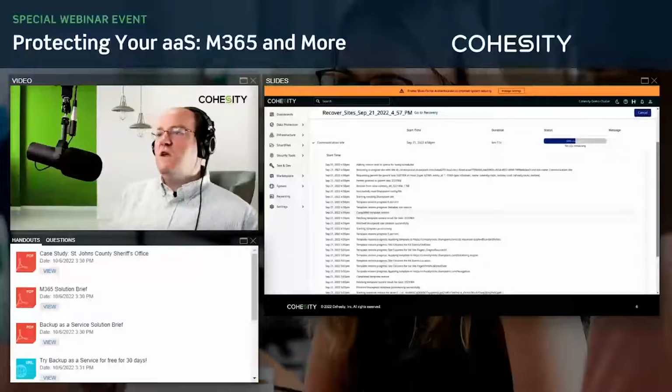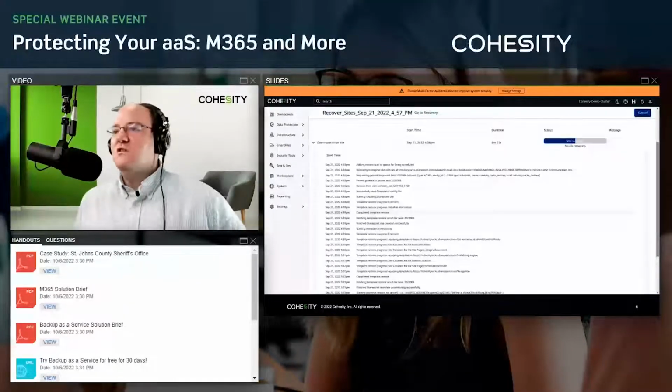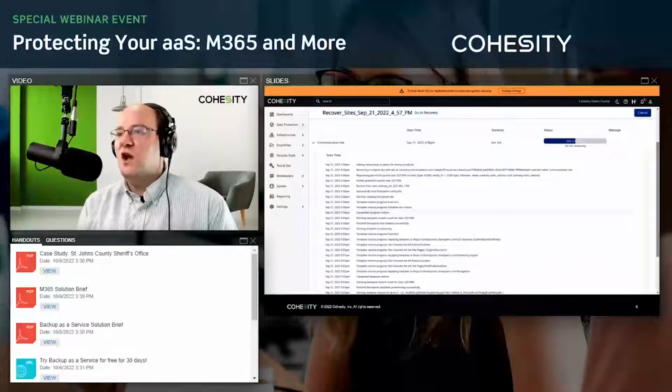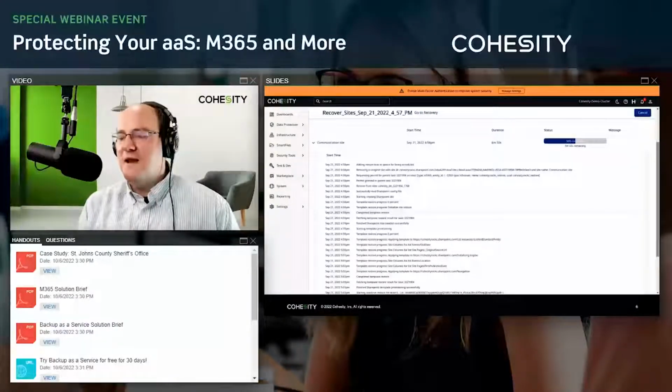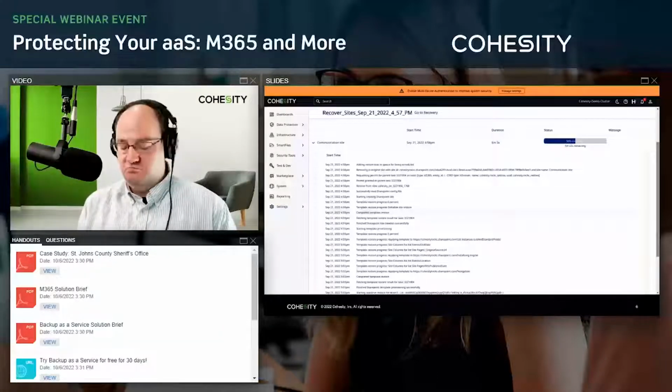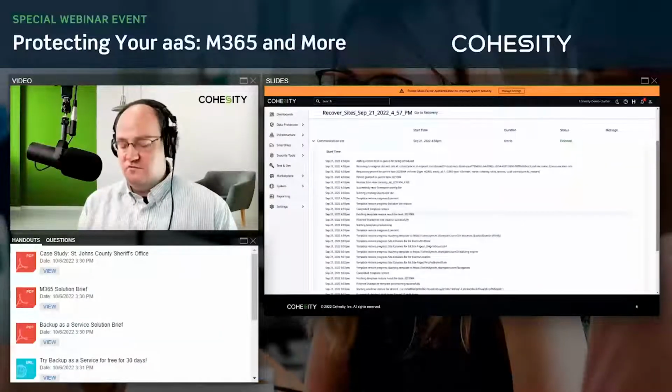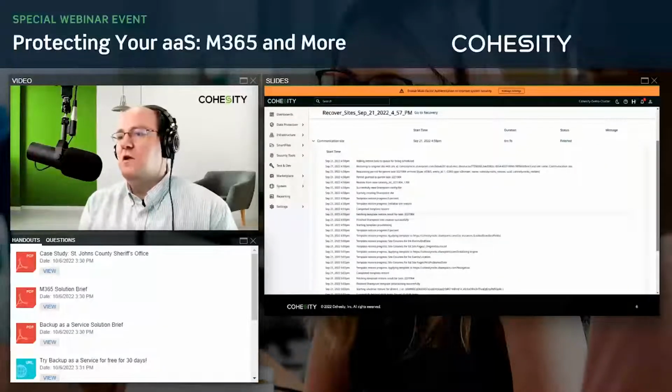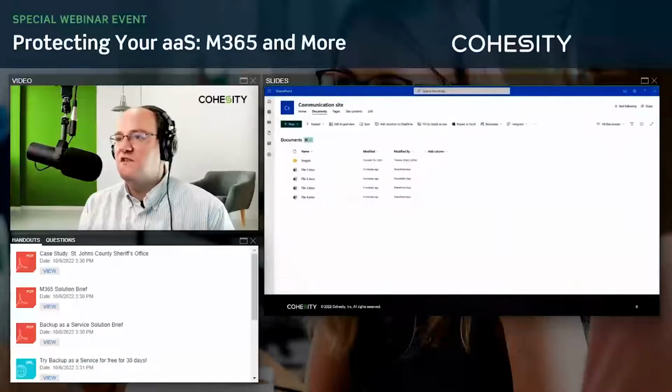As we wait for this particular portion to finish, we've been able to show OneDrive, Mail Exchange, Teams, and in this particular case, SharePoint. So we've been able to show off 4 of the different solutions inside of the M365 portfolio.